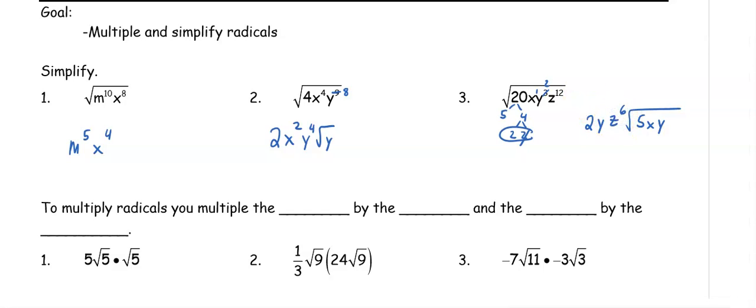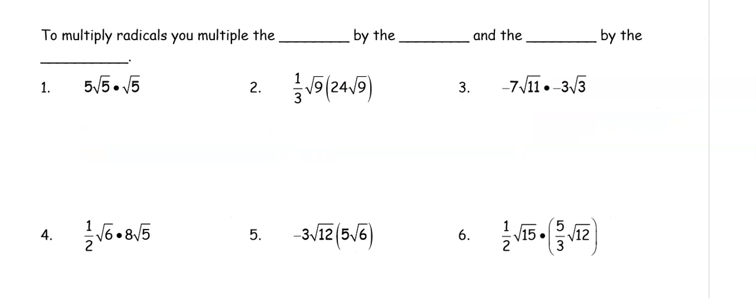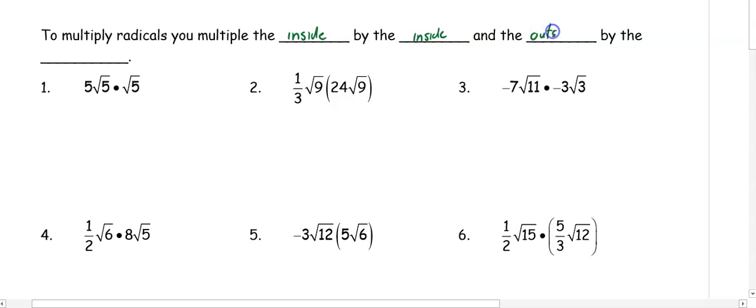So in order to multiply radicals, remember that you need to multiply the inside by the inside and the outside by the outside. So in number 1, the inside numbers that we have are 5 and 5. The outside numbers that we have are 5 and 1. So when we go to multiply this, we have 5 times 1 root 5 times 5, which gets us 5